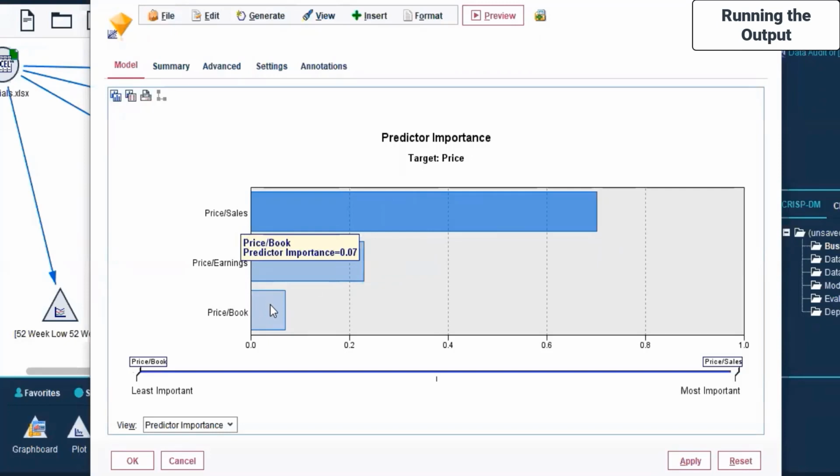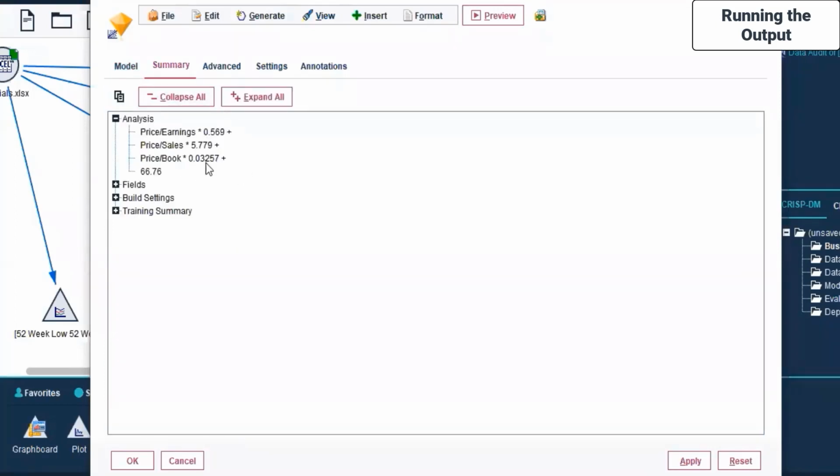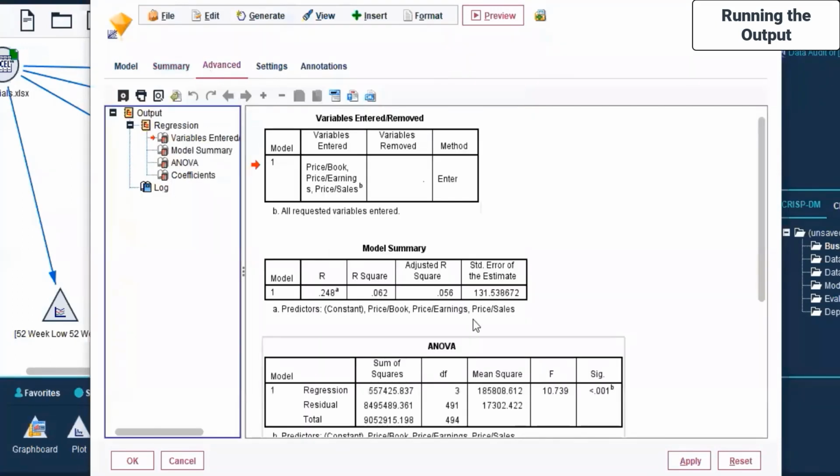The price to sales is generally expected to be on top, because it's the sales that drives the stock price or determines how well the stock should perform. Here you can click on the summary. That is the regression equation it has generated. If you come further down here, it has also generated the R square value, which is 0.062, which means